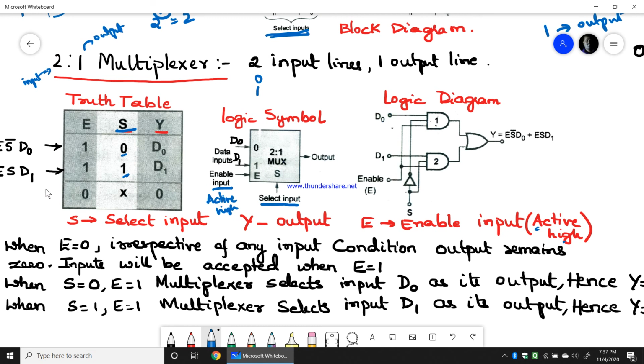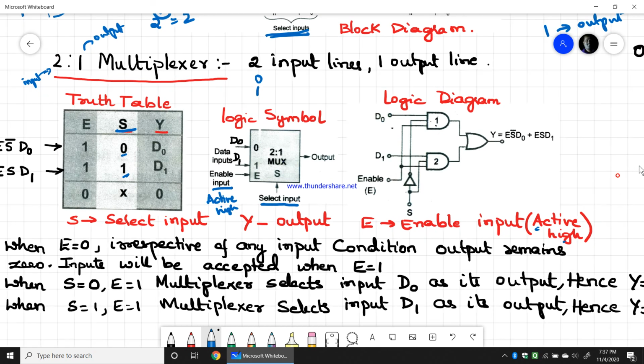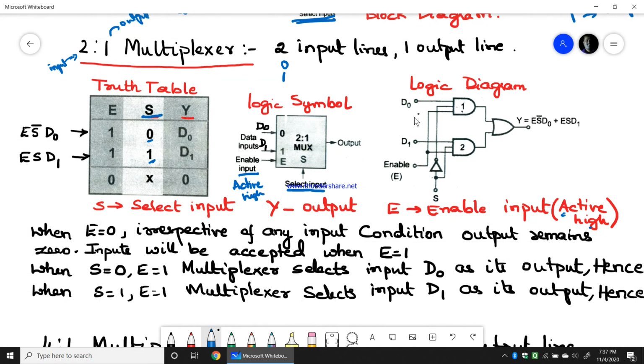So if I write this particular table into a logic diagram: for 0, E into 1 is E, S bar for 0 means S bar, and D0. Similarly, E is 1, S is 1, so E into S and D1. So therefore I can say Y equals E S bar D0 plus E S D1.